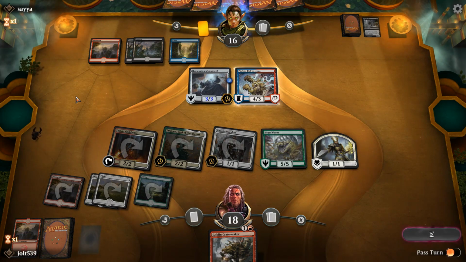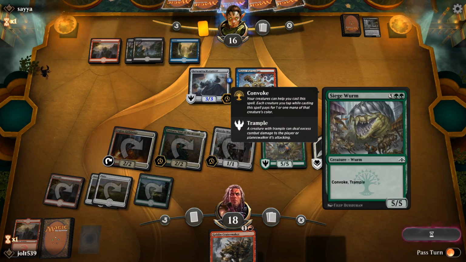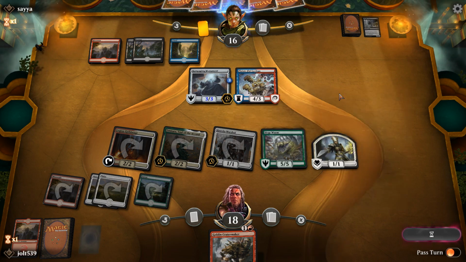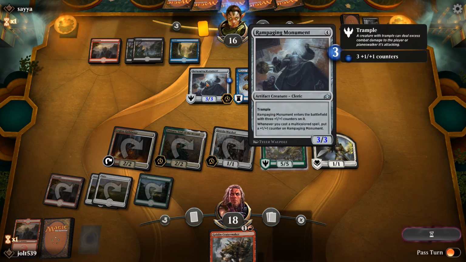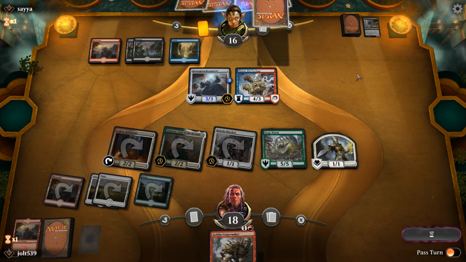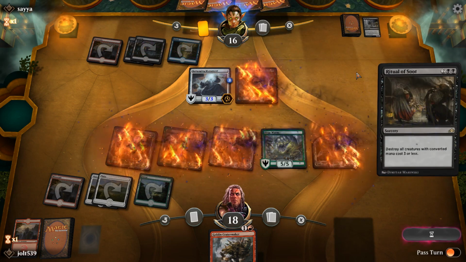That also gives us another token off of Amara, which is working out perfectly. And then we can also finally kind of start pushing in with a Siege Worm. That's going to be a 5/5 with Trample. And hopefully we can kind of push past this Piston Fist Cyclops. Now, as long as they cast an instant or sorcery, you can attack as though they didn't have Defender. And then with Rampaging Monument, whenever you cast a multicolored spell, put a +1 counter on it. So we do have to watch out for the double block, but...